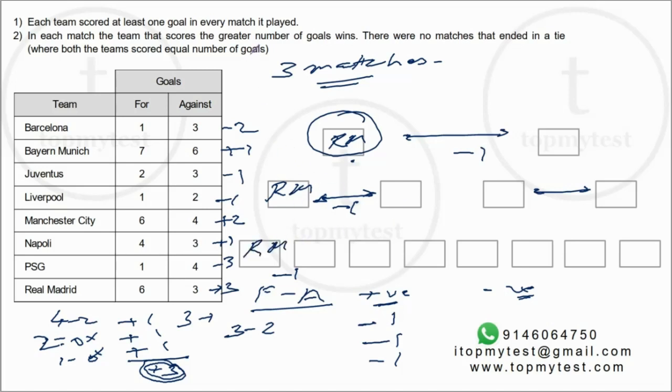Now continuing in this manner, because we know that no match ends in a draw, because Real Madrid wins, Real Madrid has to win by at least 2-1. It can win 3-1, it can win 4-1, and so on, but it will win by at least 2-1. If I again extend this, in all 3 matches the total number of goals conceded is 6. So each match which was won by Real Madrid was won by 2-1.